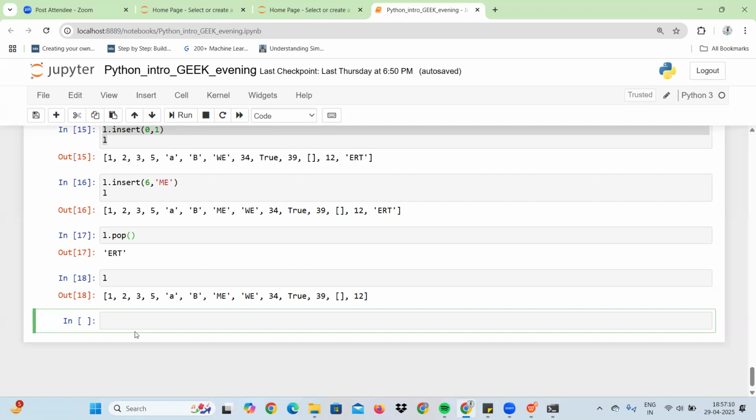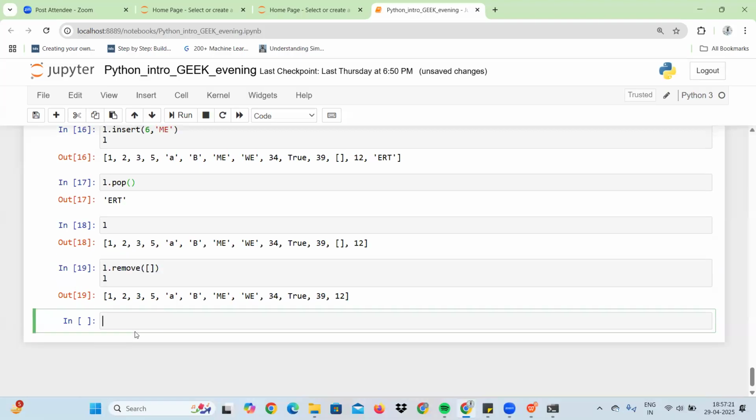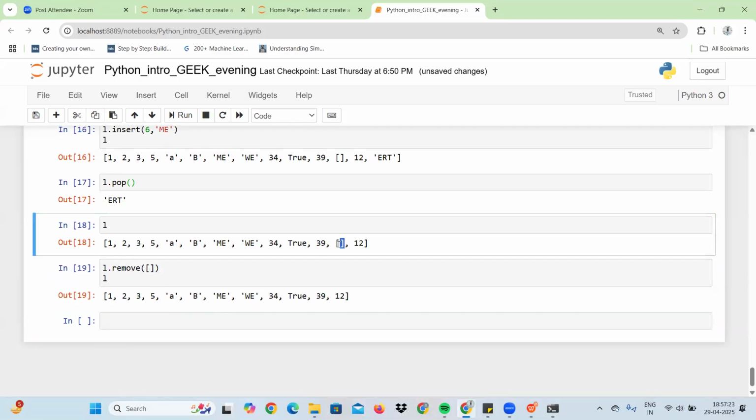But the reverse of the insert is remove. If you want to remove the elements, like L dot remove, then you give the element. So if you have to remove, then see, we can remove this blank list. Okay,